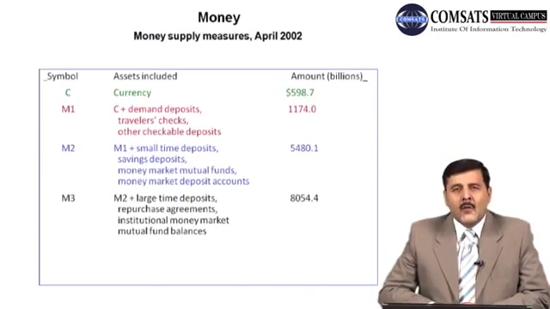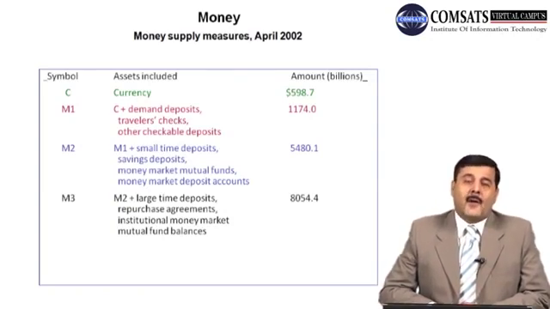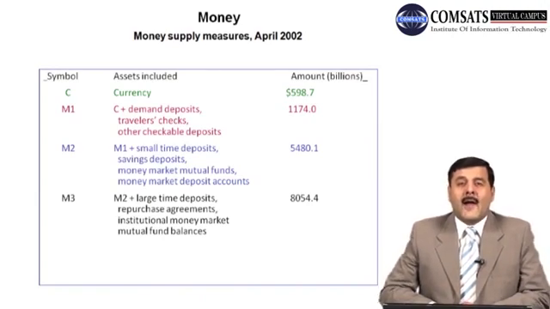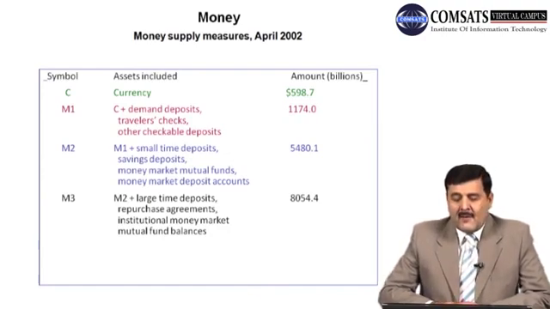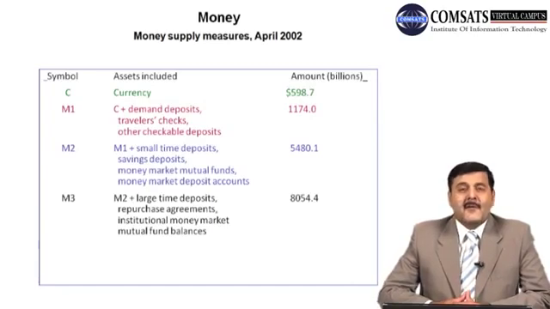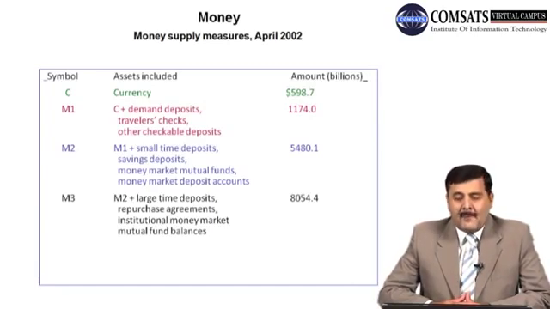Now M3 includes M2 plus large time deposits, for the longer time. Repurchase agreements, the agreements for repurchasing the products, and institutional money market mutual funds balances are included in M3. So if we talk about the total money supply available in the economy, it has different definitions: M1, M2 and M3. If you look at the third column in the slide, we have currency available in the economy